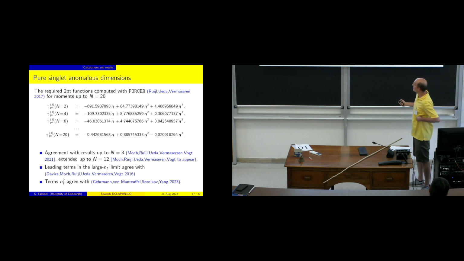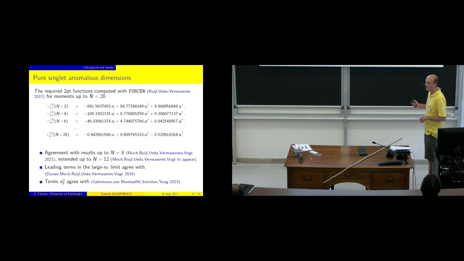The checks that we have done were to check the first 4 that were already published, plus other 2 will appear soon. The important bit is that these moments were computed in a completely different method, which used only on-shell quantities, and once you are on-shell, you don't have any alien contamination, so this was a good check to make us sure that we were not messing up the alien in the procedure. The large NF limit was good with the result known, and since a couple of weeks, we could check that even the sub-leading terms are good for these 10 moments.